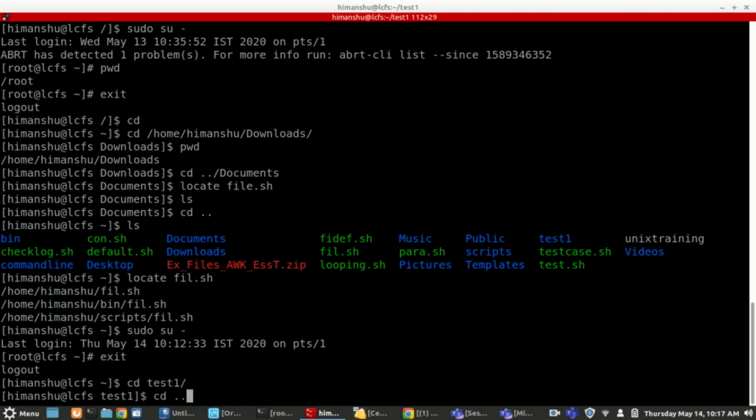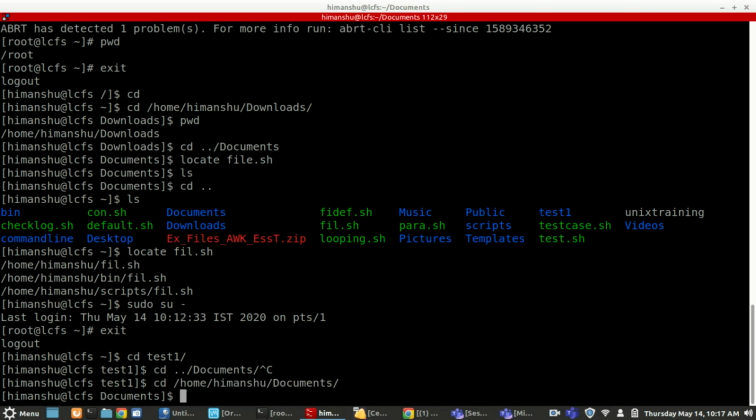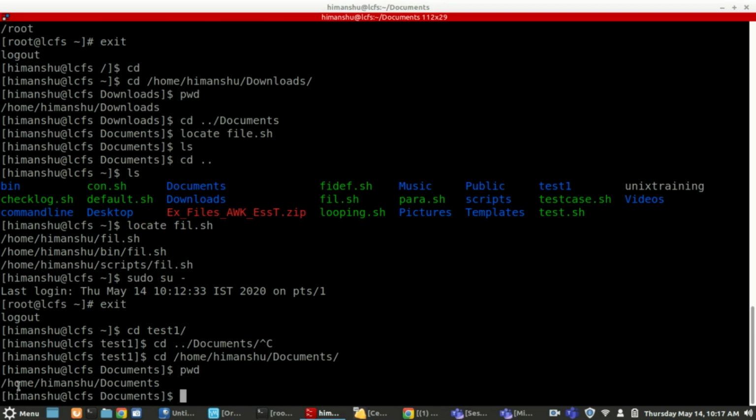So what we were doing, cd documents, that is a relative path. But if I do the same thing as cd /home/Himanshu/documents, that becomes your absolute path. Clear? That's why it's very important to know ../ and then go.